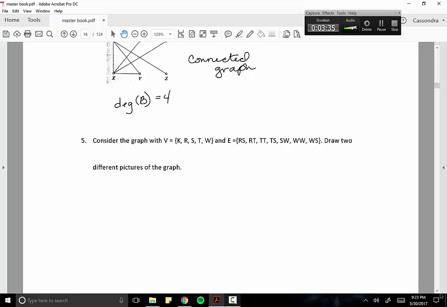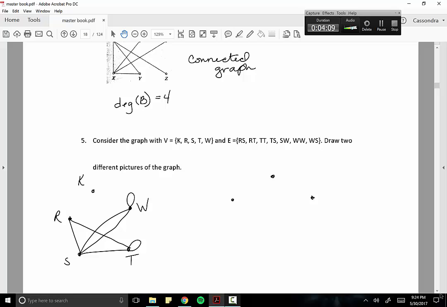we're going to consider the graph with vertices K, R, S, T, and W. The edge set, I'm going to just go ahead and draw these in. RS, RT, TT, TS, SW, WW, and then WS. So that's one way you can draw the picture, and I'm going to just rearrange these